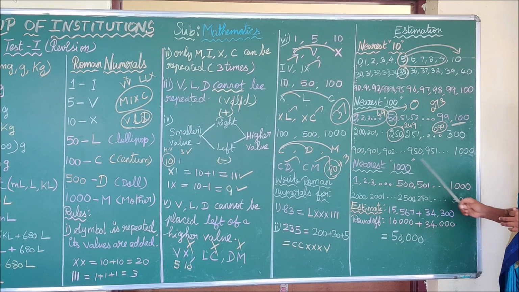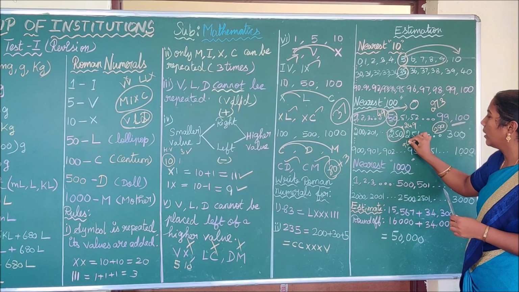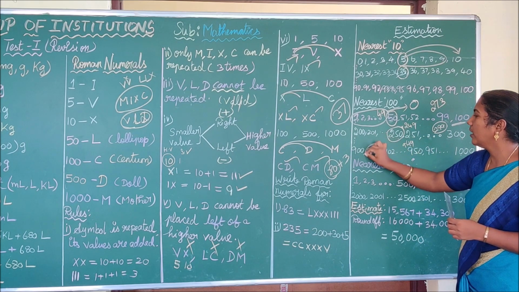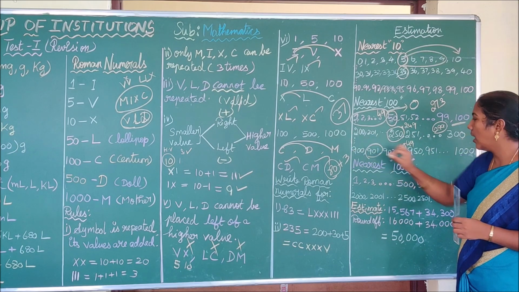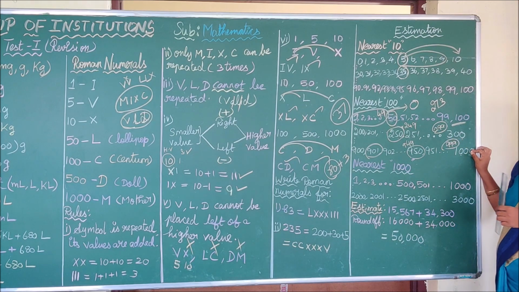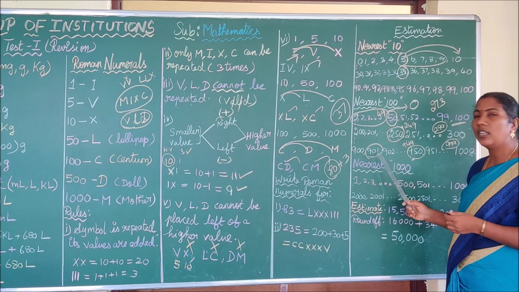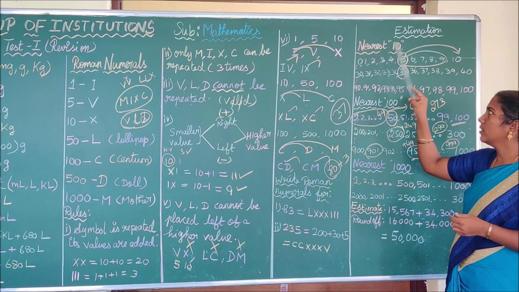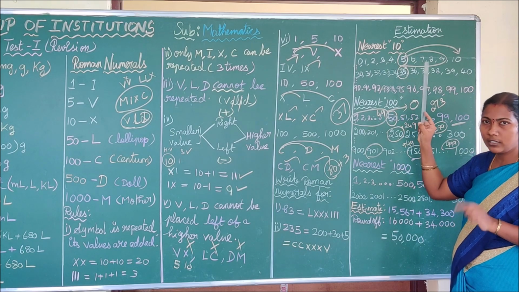See here, then similarly you have 900 to 1000. Before 950 you have 949. So numbers from 901 to 949 are rounded off to 900 and numbers from 950 to before 1000, that is 999, are rounded off to 1000. While rounding off to the nearest 100 you have to consider the 3 digits. While rounding off to the nearest 10, consider 2 digits. If it is a single digit, you have to take the single digit itself.